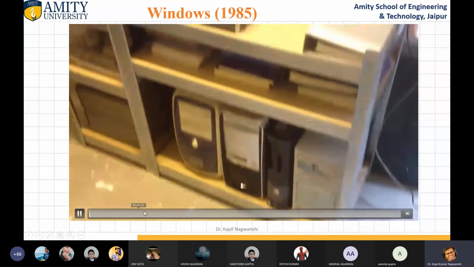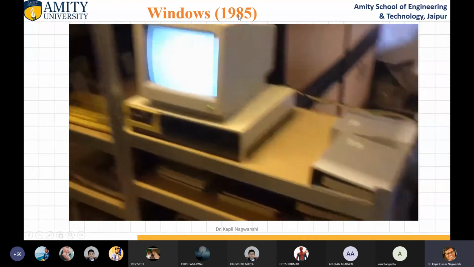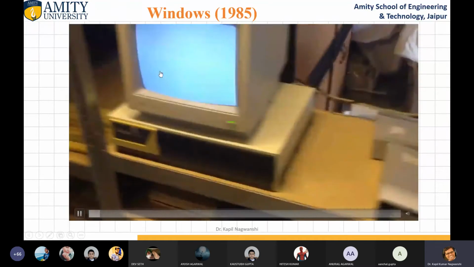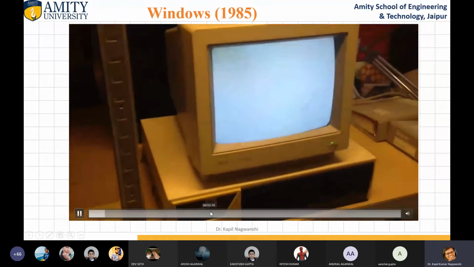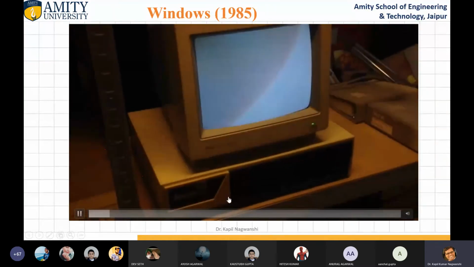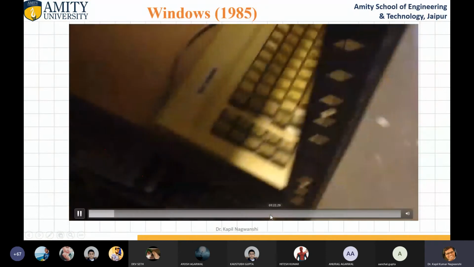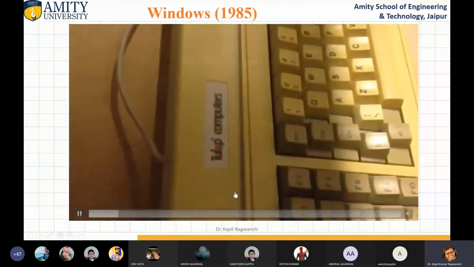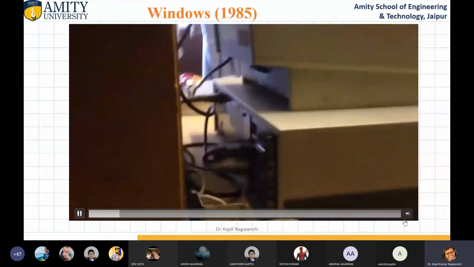Windows came into existence in 1985. The monitor is separated. The monitor and all other parts are assembled separately. So this was